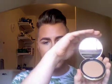So first I want to talk about the Too Faced Chocolate Soleil. It comes in this really fun gold case, which is kind of glam, super girly, which for some of us is fun. When you get into the product, it's more like your traditional compact. It has a nice mirror to it. It also has a nice, really finely milled color. What I really like about it is that the product is a